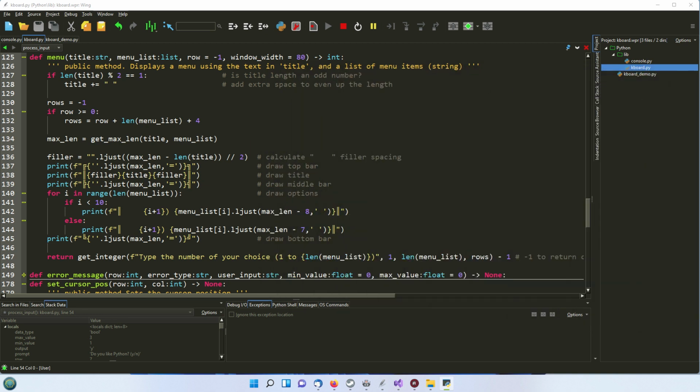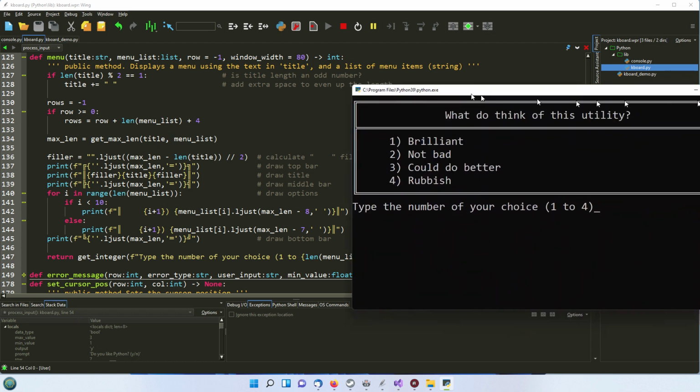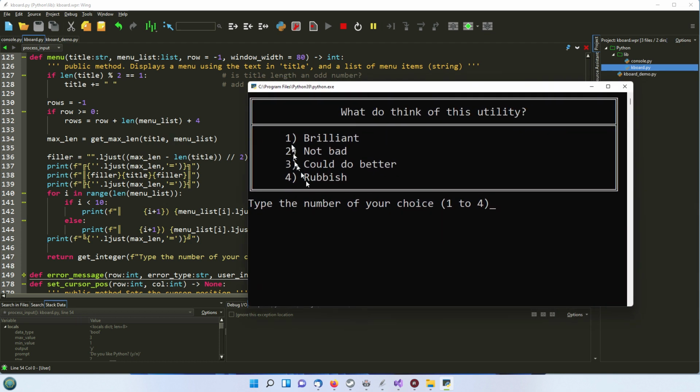So if I move that out, I'll tell you what I'll do. I'll just answer this and then we'll run it again, but I'll put a stop sign in so we can go through the way this is done. So if I just put, obviously this is brilliant, so we're going to hit 1